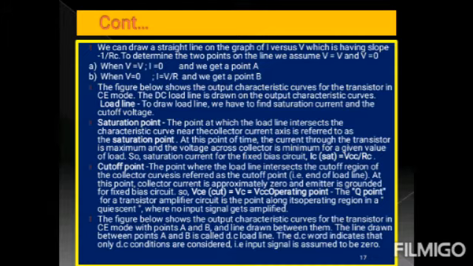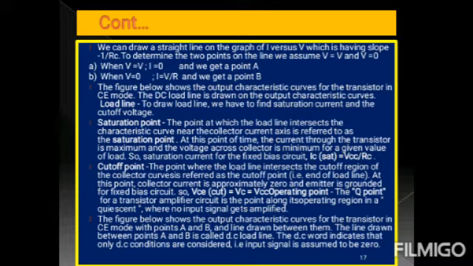So we can draw a straight line on the output characteristics of a transistor by making that V equal to VCC when we are keeping IC equal to 0. When IC equals 0, you are getting a voltage value. Similarly, when voltage equals 0 in the above equation, that is the IC equation, if you are substituting that, IC equal to 0, we will get the output voltage VCE equal to VCC by 2. Similarly, if you are keeping V equal to 0, you will get some IC value, that is V by R.